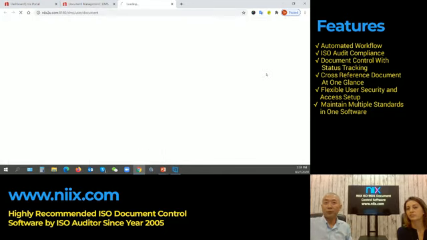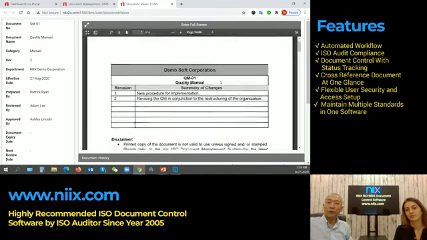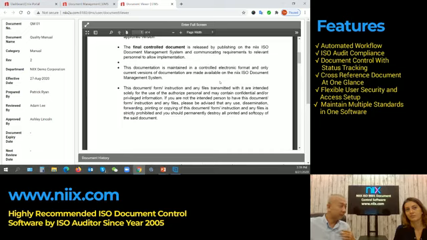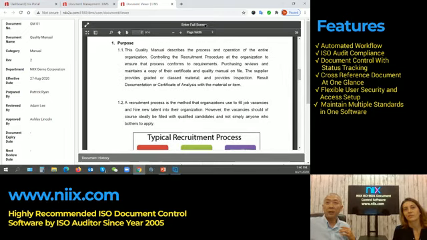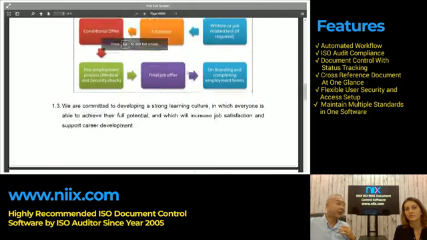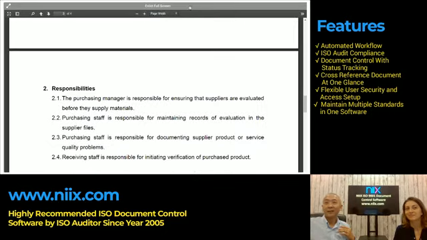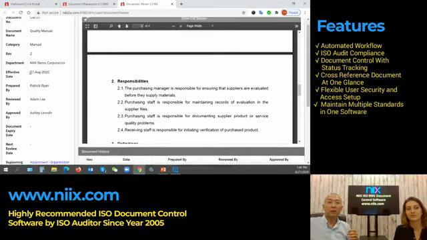Now, to view the document itself is so easy. You just click on the view button here. The document will be displayed. As you can see here, you can view the document within the screen itself. Okay, or you can view it in full screen, to make it much clearer, right? And then here you can see that on the left hand side it gives you the information of the document, and so on.